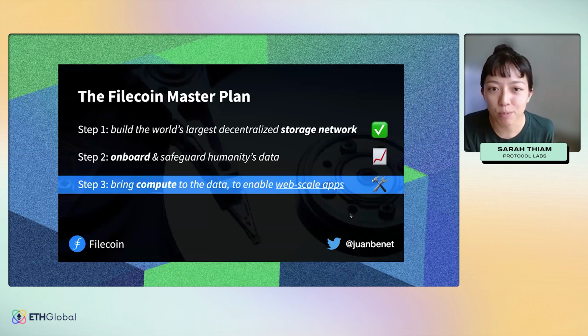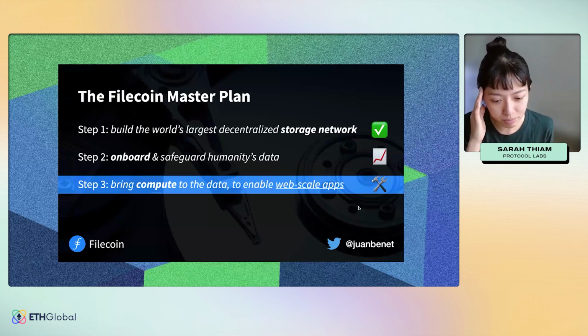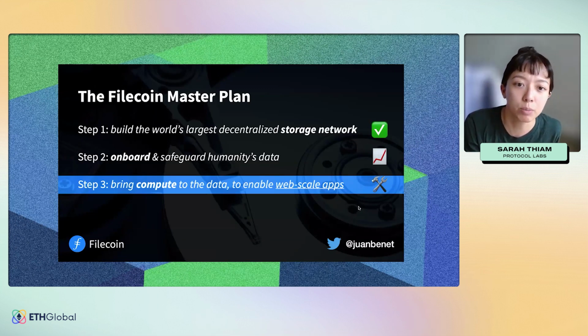Okay. Cool. So if you're watching the recording too, we will try to span the whole spectrum of 101s to going a little bit deeper into what you can think about building. So just to give, I think setting context is always really important. The Filecoin master plan is, I think, very well amplified at this point.